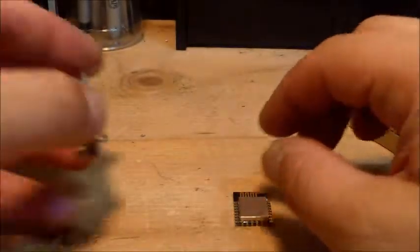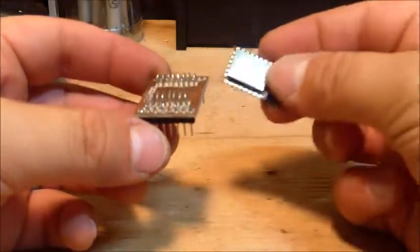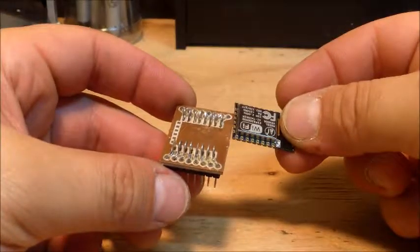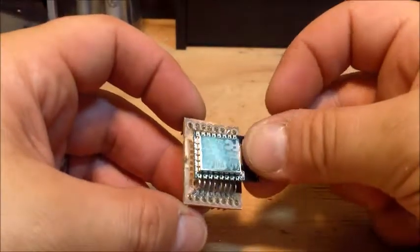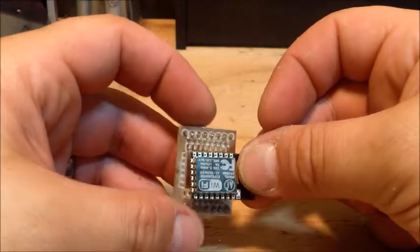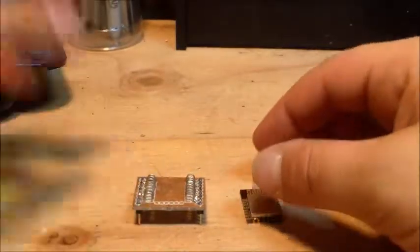But anyway, I made this last guy, and then this guy is just a test to make sure that my individual program chip is working before I actually solder it into my project. I haven't fit this into the socket yet, and I'm not about to try to do this on camera because I can already see that I'm going to have to do some adjustments, so I'm not going to waste time with that right now. But anyway, I wanted to get a little bit of this on video before I forgot,